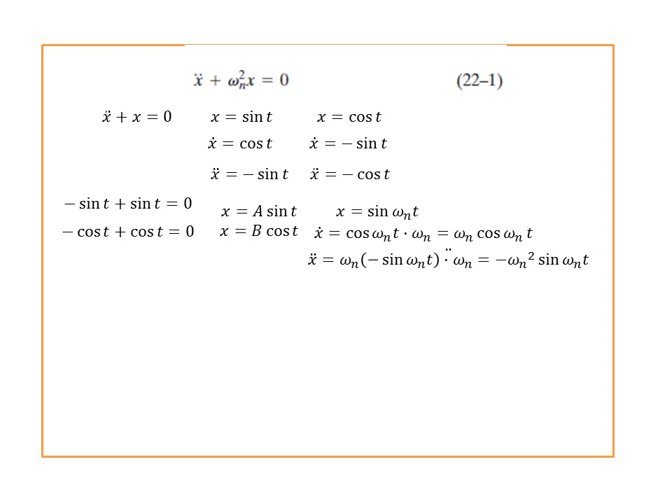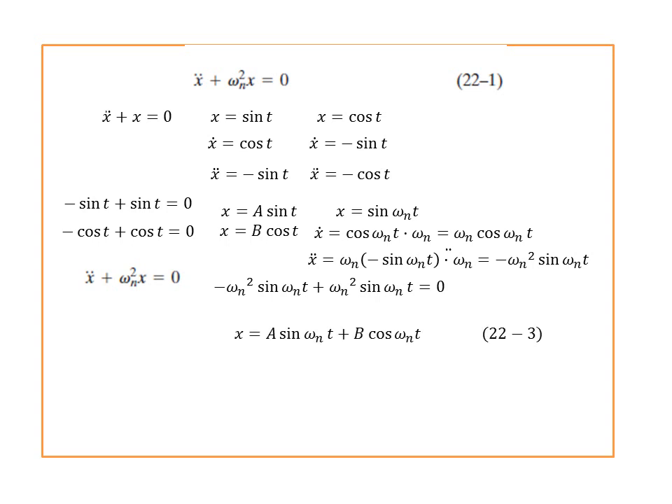So let's see if it can be a solution of this equation 22-1. Just follow the format. Take the equation we got for x dot dot and substitute the value of x, sine omega n t multiplied by omega n squared, and you can see that it becomes zero. Okay, so therefore we can say that the solution for x